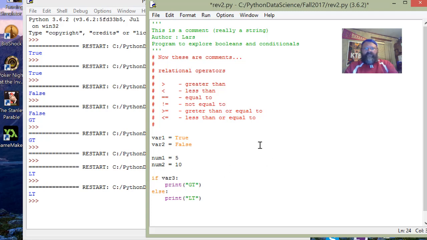And I'd say if num1 greater than num2, print greater than, and then I say elif, because it allows me to create a second condition. If num1 less than num2, print that, and then